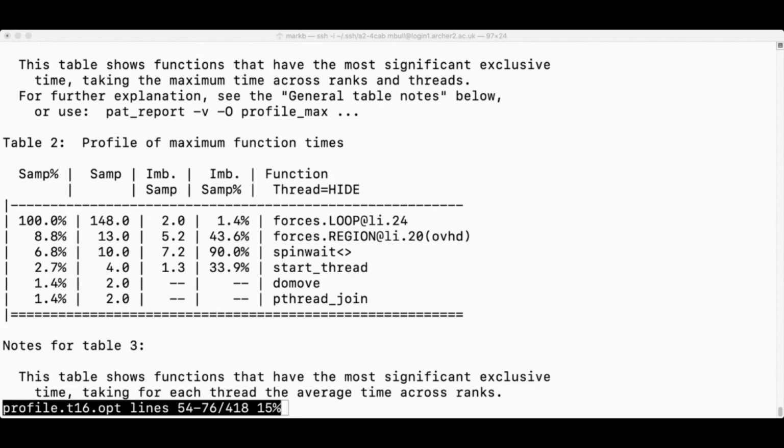I suspect not, but it's something we should almost certainly look at installing on ARCHER2. Okay, so any questions about that?